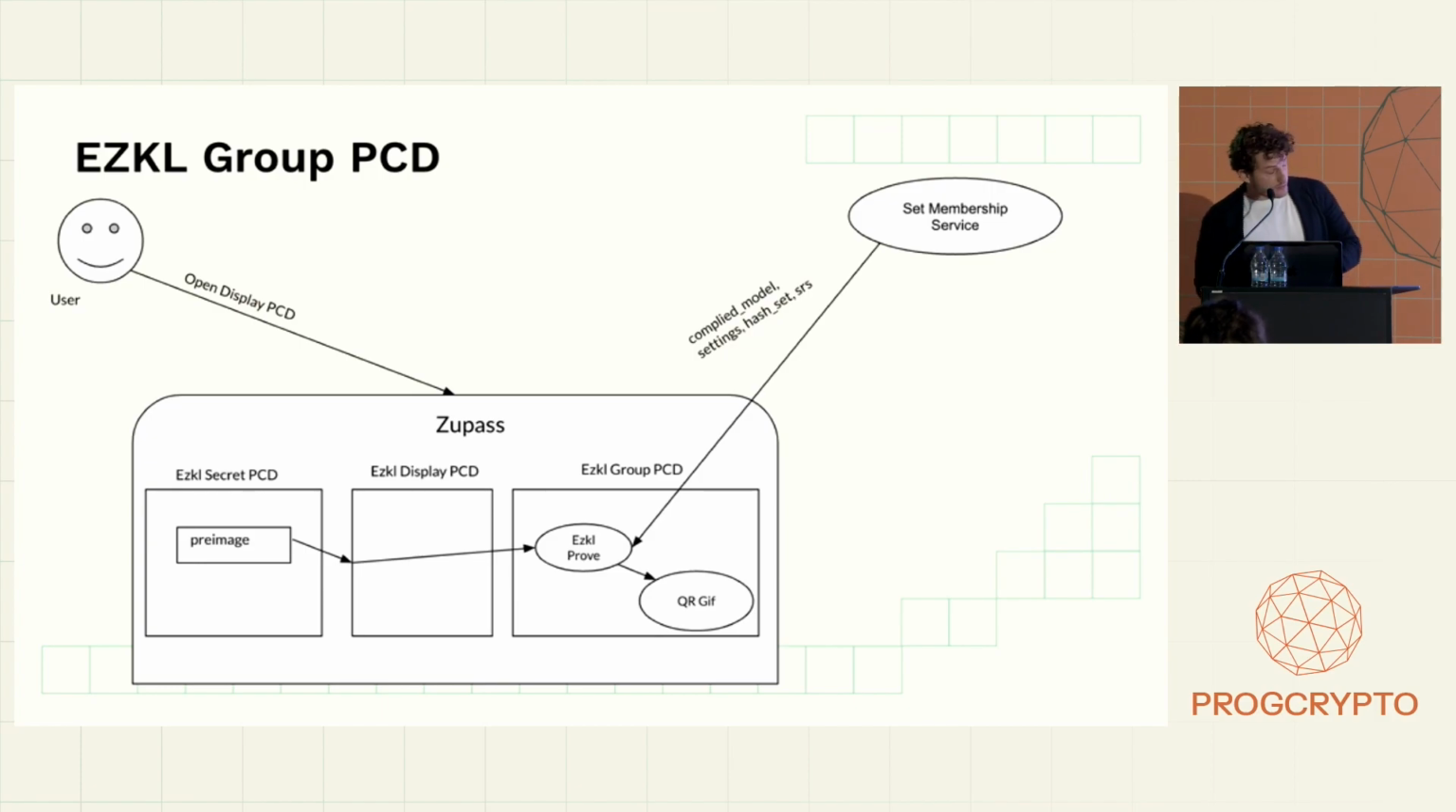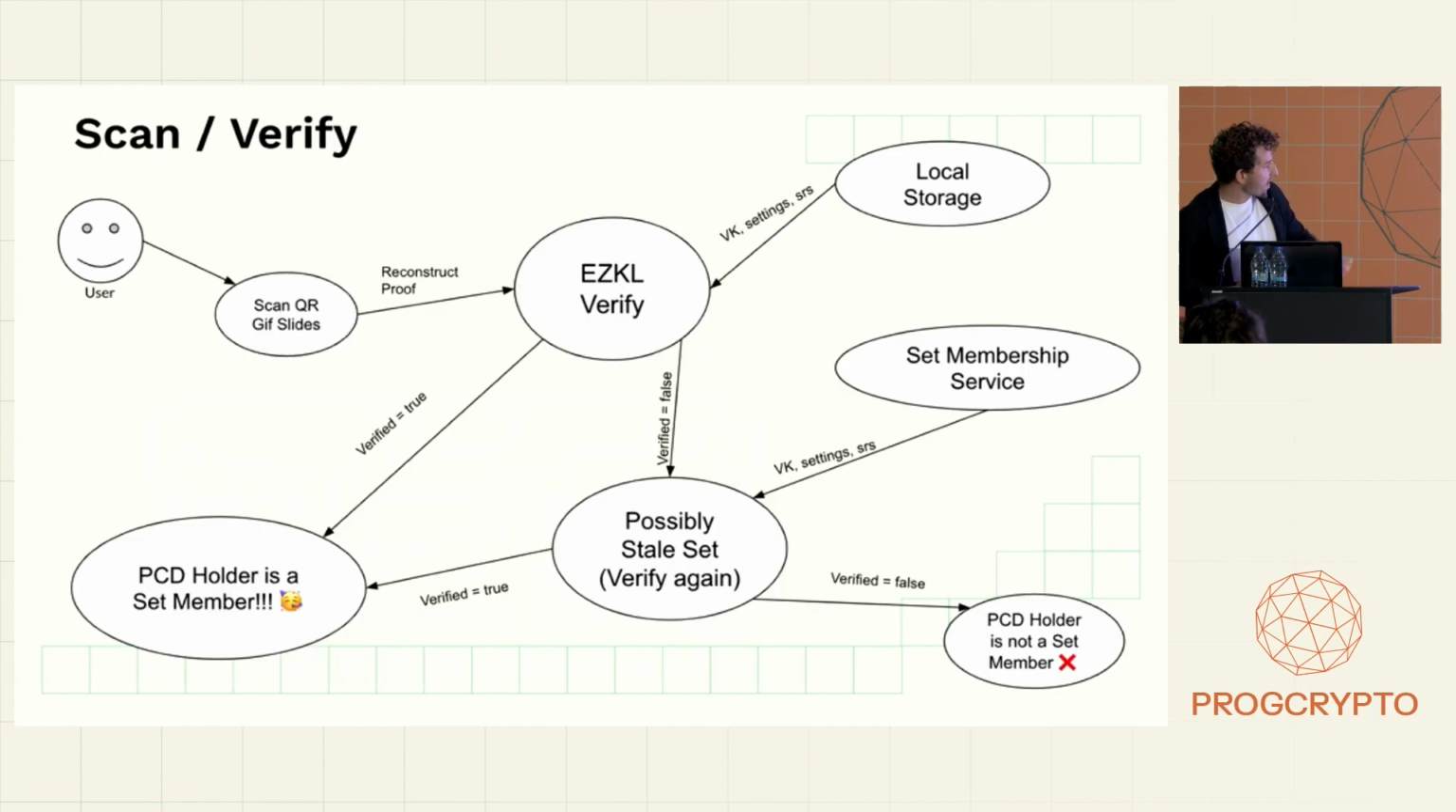And then what we're doing in Zupass is we compress that proof and we cut it up into a bunch of slides and we create a GIF QR, which is something hopefully we'll get to see. This is how verification works. So the scanning user scans all the slides of the GIF QR and then reconstructs the EZKL proof. Passes that to the EZKL